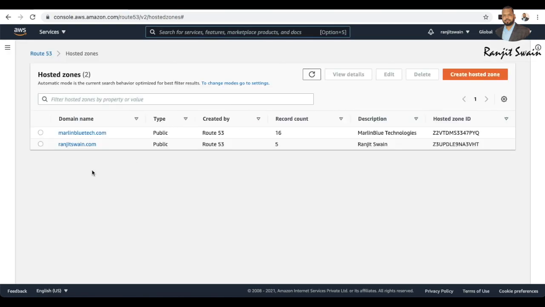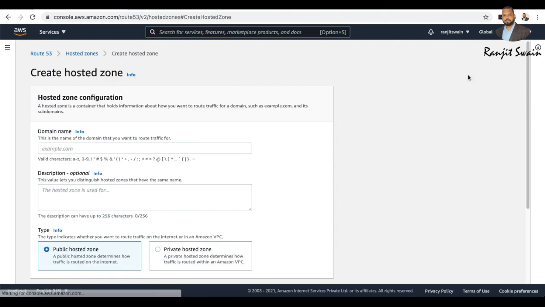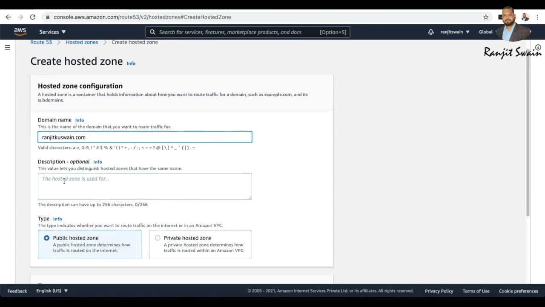and here you can see I already have 2 domains hosted in this hosted zone. What I'll do now is choose create hosted zone. Now suppose I registered Ranjit Swain. Okay, this is my .com. ranjitswain.com is my domain name,